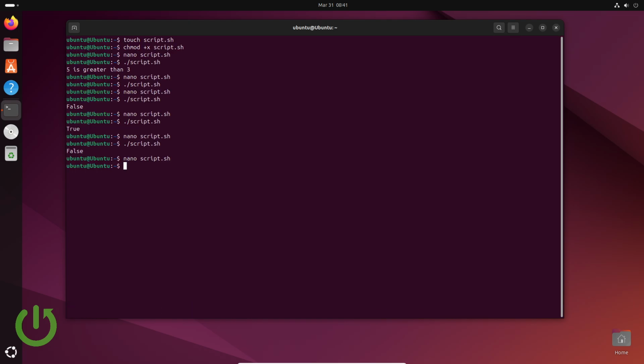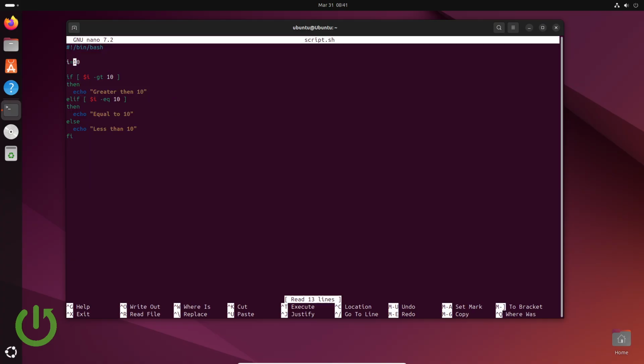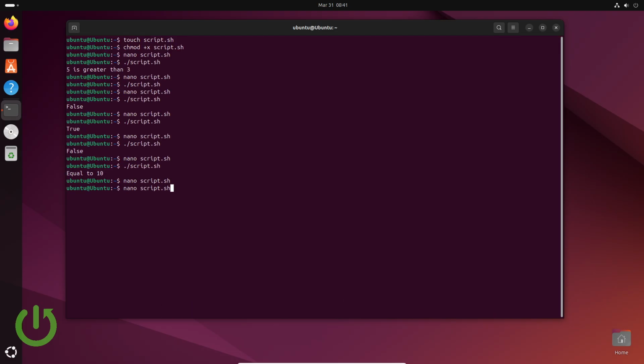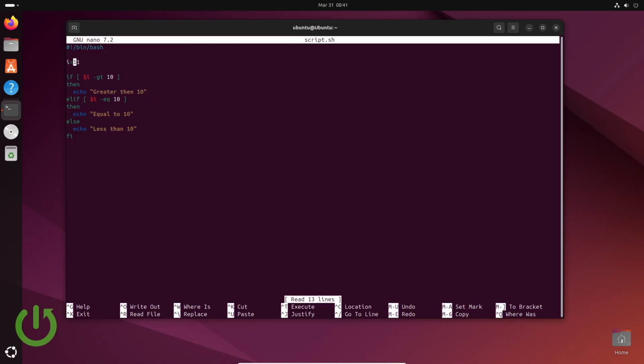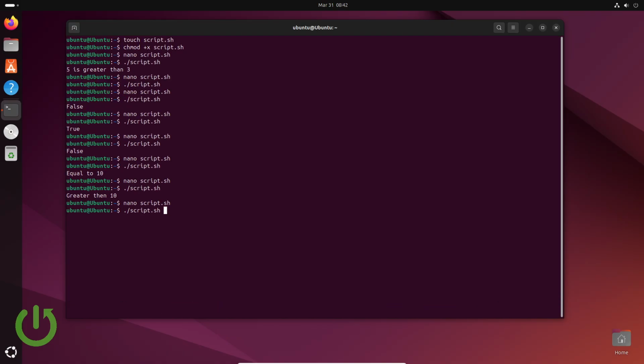I will save that. If I didn't make any mistake, it should work. As you can see, it is equal to 10, and we can change that. For example, 11, it will be greater than 10, as you can see, and for example, I would say 5, it will be less than 10. So everything is working. So now we can move to the